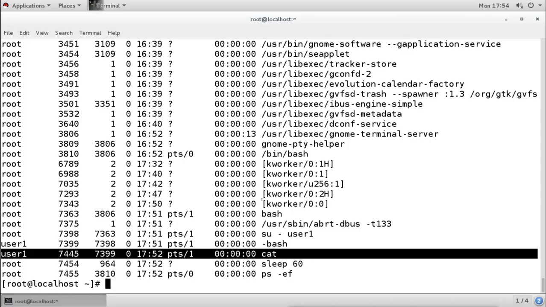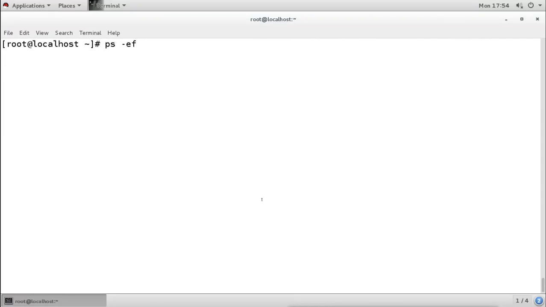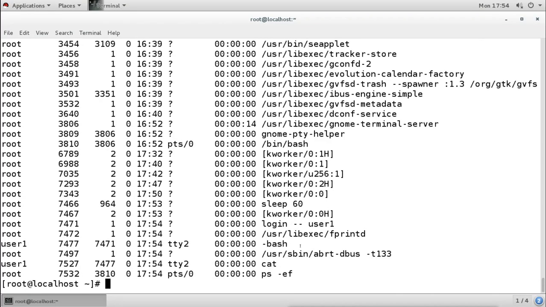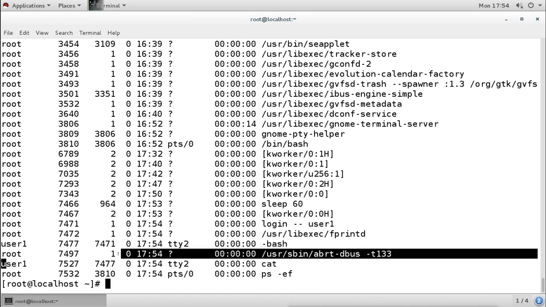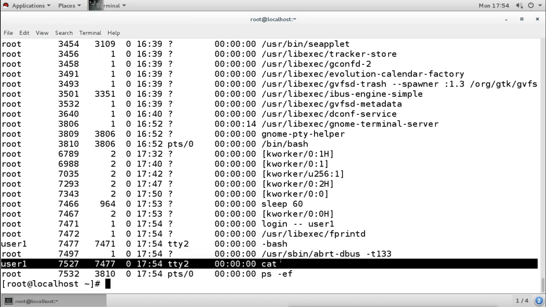Now again when we check the process here, we see that on terminal 2, user 1 has logged in on this terminal, TTY2, and he got the bash, and after that it executed this command, and it is still working. The command is still open on the same terminal, TTY2.